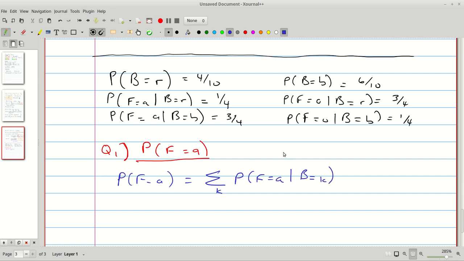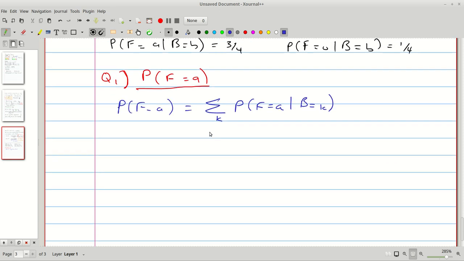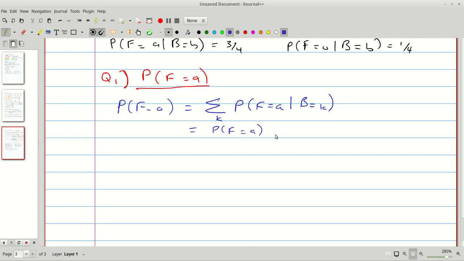So we're going to look at all possible combinations where the fruit is an apple, but the box can be red or blue. So what is this summation equal to? This is the probability that f is equal to a given the box is equal to r, plus the probability that f is equal to a,